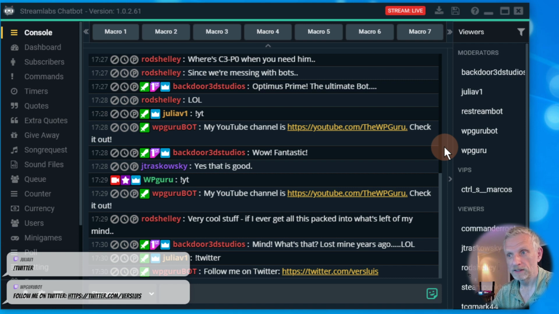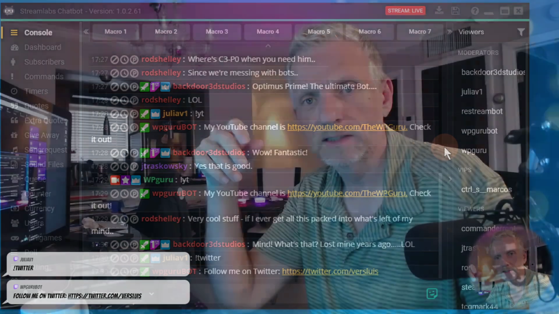Look at that. Now there's a link to Twitter in there. That's very cool, and I can see all kinds of uses for that, like being able to reference a book or particular articles, or all the 3D articles. So that's how commands work. But these are triggered by anyone in the chat typing that command.